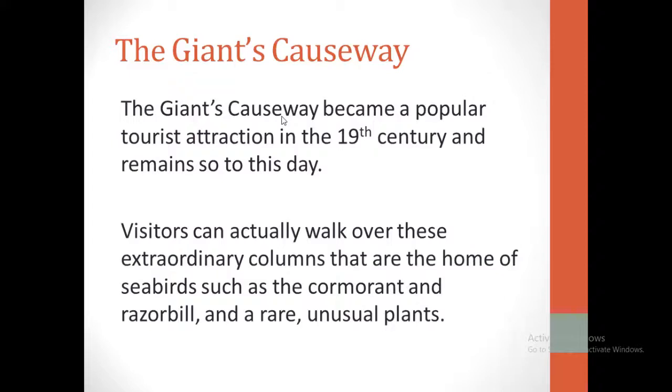Visitors can actually walk over these extraordinary columns that are the home of seabirds such as cormorant and razorbill and rare unusual plants. Okay, one by one. Visitors can walk over these extraordinary columns. So people climb and jump from one column to another. I think it would be a very nice experience, don't you think so? And the Giant's Causeway is not just a nice natural place, but it's also a home for some rare and nice seabirds like